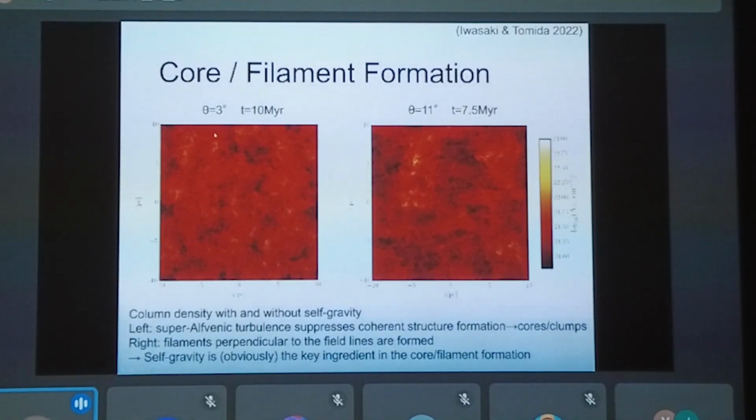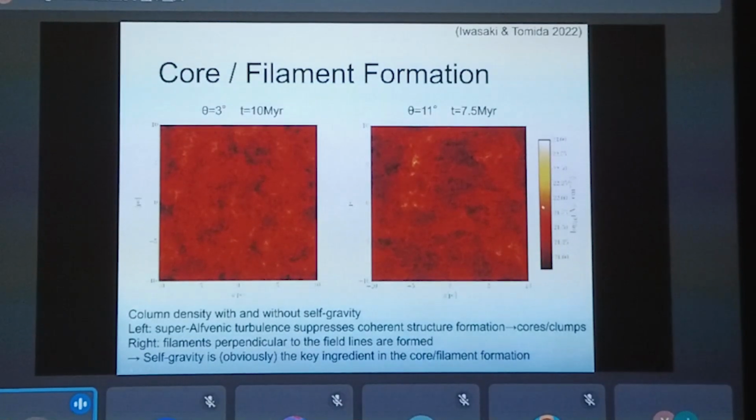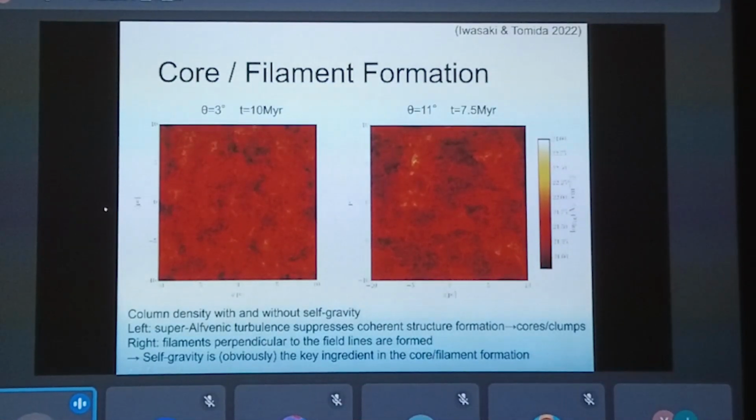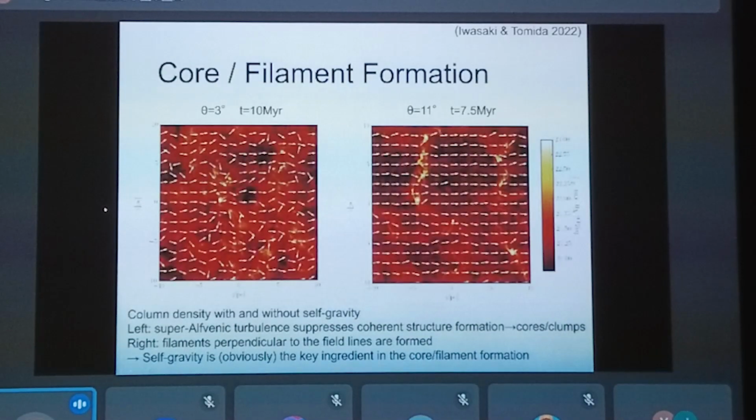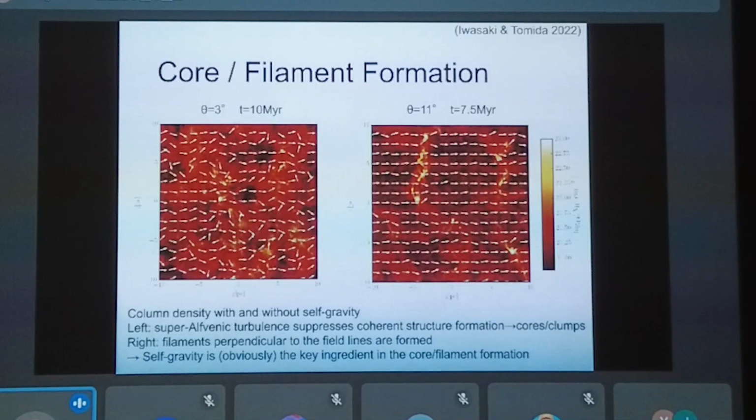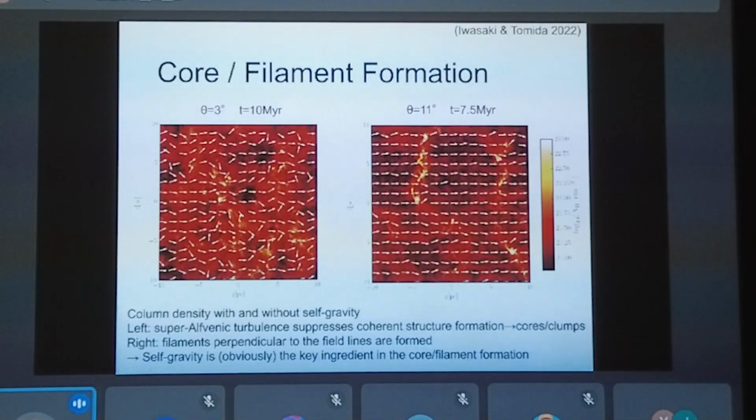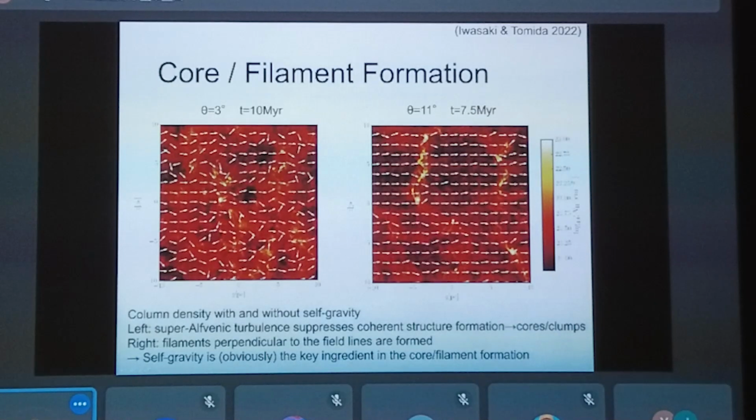Without gravity, the density enhancement is not so strong, but with gravity, strong compression can happen. In the left panel, where the angle between the field lines and converging flow direction is small, it produces these core-like structures.